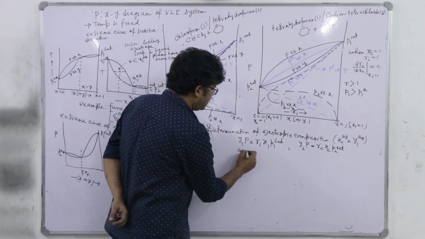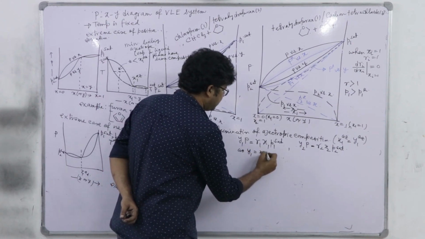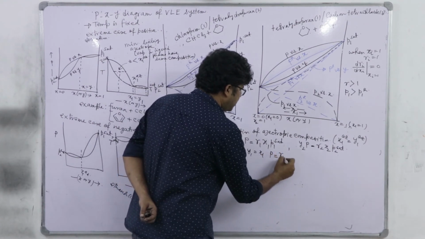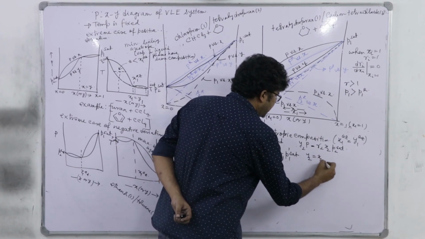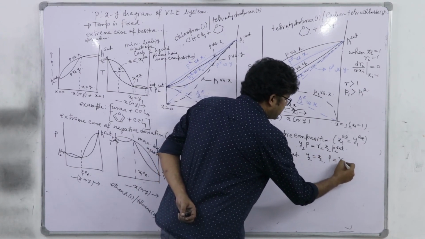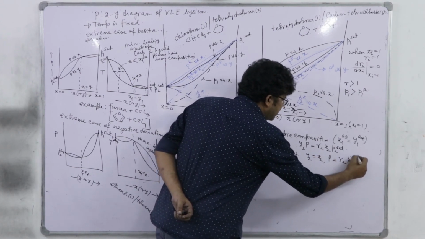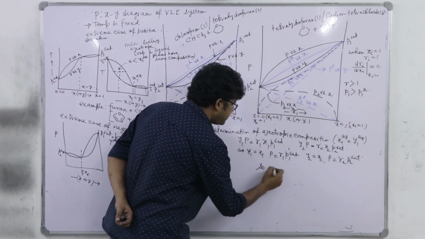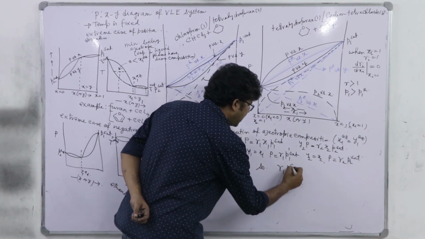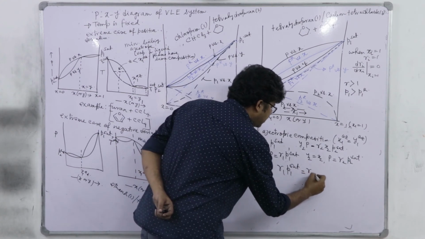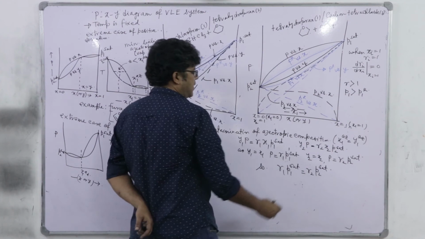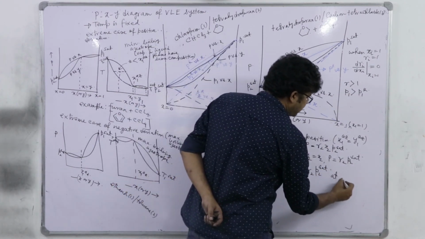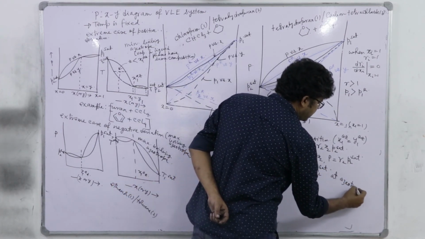So as y1 is equal to x1, P is equal to gamma 1 P1 sat, and here y2 is equal to x2, P is equal to gamma 2 P2 sat. So gamma 1 P1 sat must be equal to gamma 2 P2 sat at azeotropic condition,